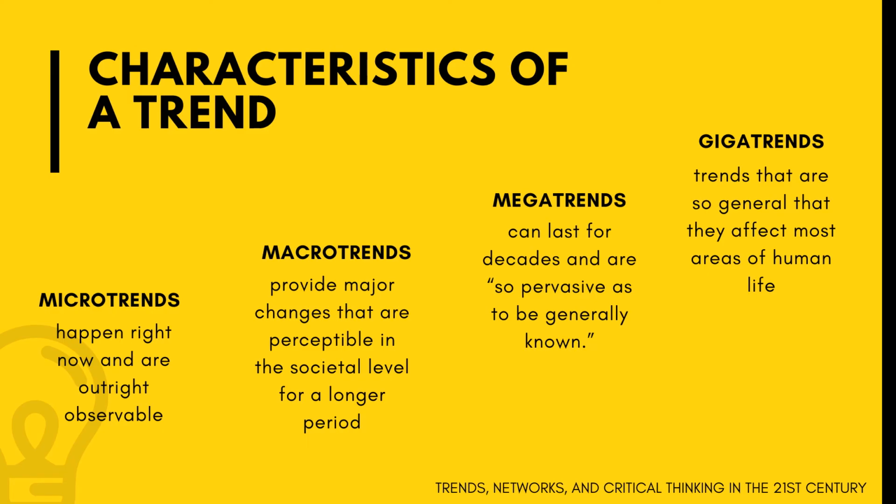Next, macro trends. Macro means big. So, it provides major changes that are perceptible in the societal level for a longer period. So, ito naman, sweeping changes that are affecting society. So, ibig sabihin, ito na yung nagkakaroon na ng impact sa society. Example niyan ay yung